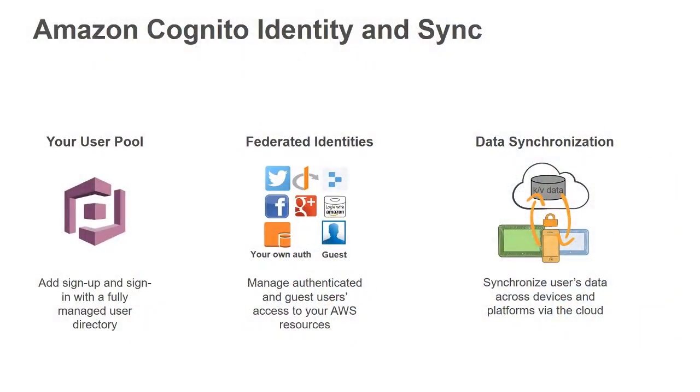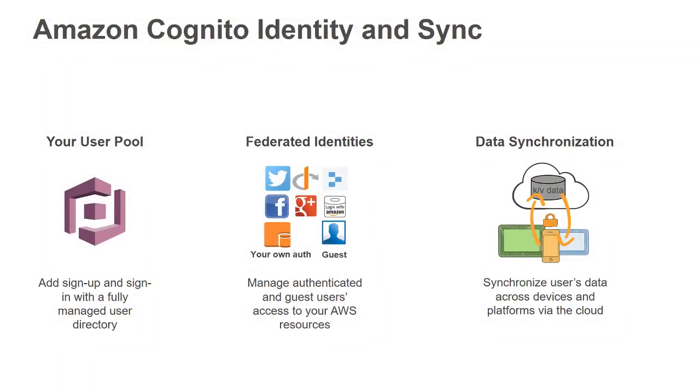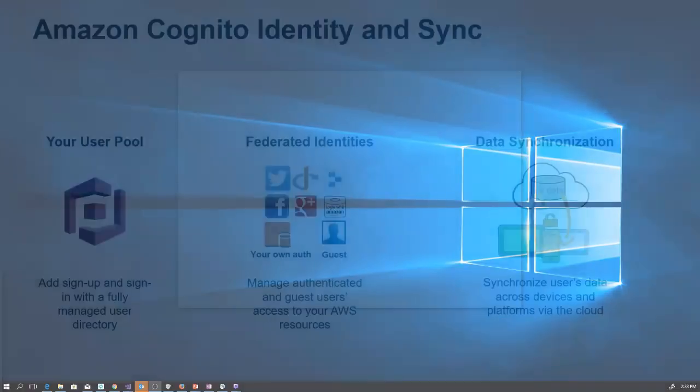All right. Real quick, this is what Cognito is. And what we're going to use is federated identities, but I just want to make sure you understand what Cognito is in the context of what we're going to quickly build today. Cognito actually has 5 features, but the 3 main ones we'll talk about are these. First, you have the ability to create your own sign up and sign in with a managed user directory. That means you don't have to store your own database and do your own things to have a repository there for